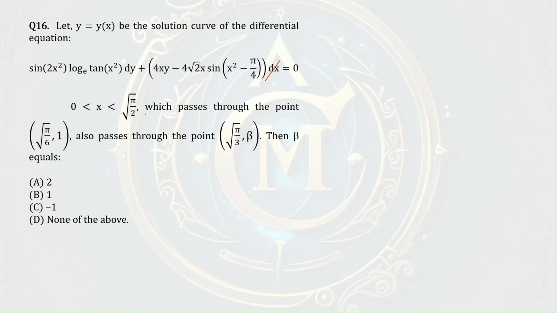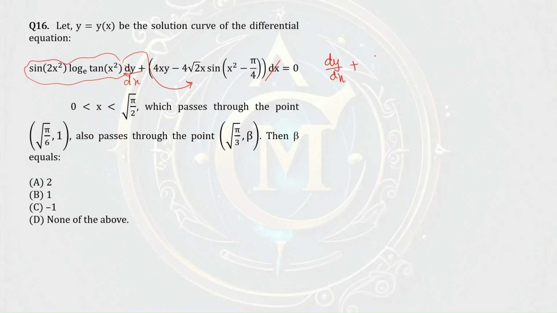So let us try by taking this dx in the denominator. That means this times dy dx plus this equal to 0. And if we take this expression in the denominator of this expression, then we will get the equation dy dx